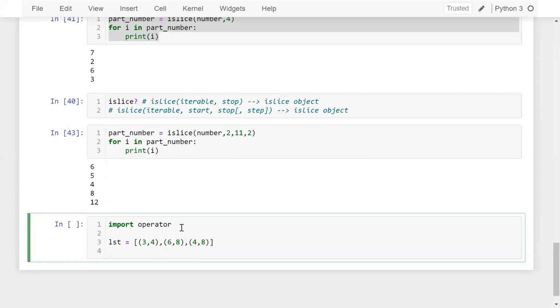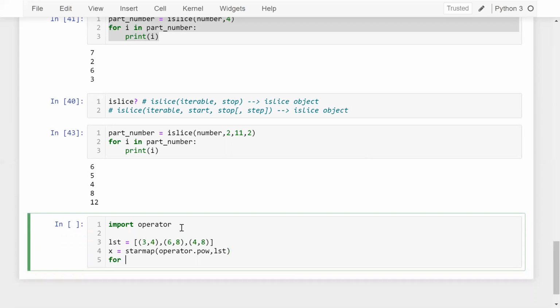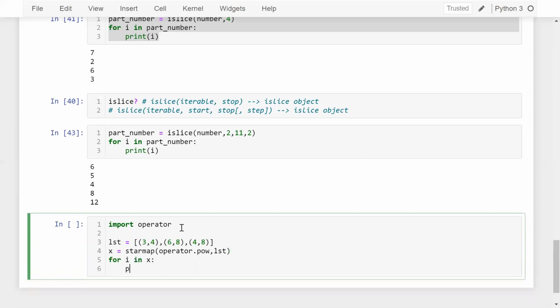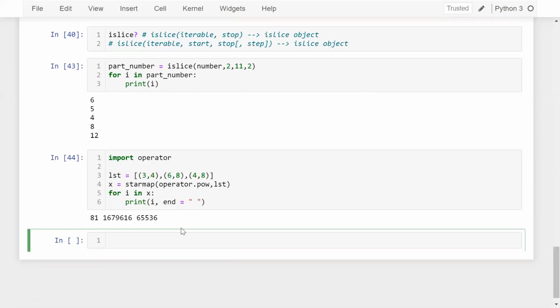Now what I want, let's say I am taking a variable x equal to starmap, and operator dot, I want, let's say, the power of each number, and here I am using the list. Now for i in x, print the i. Or let me change some numbers.